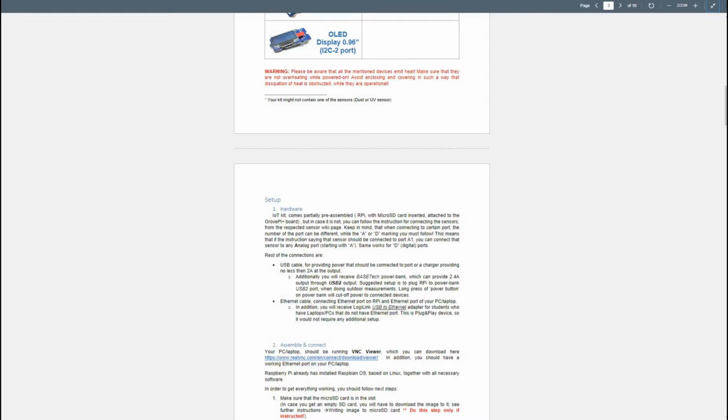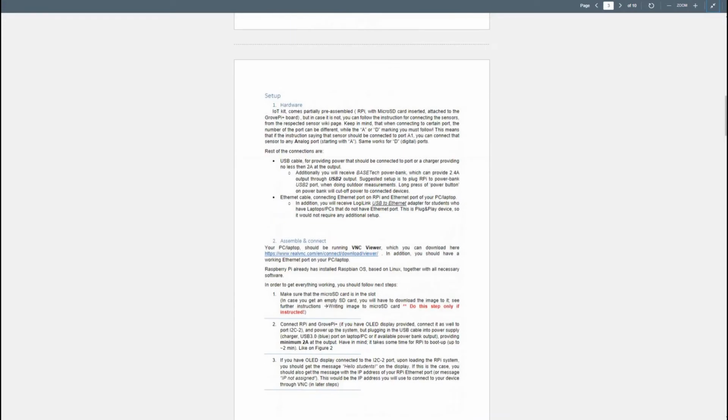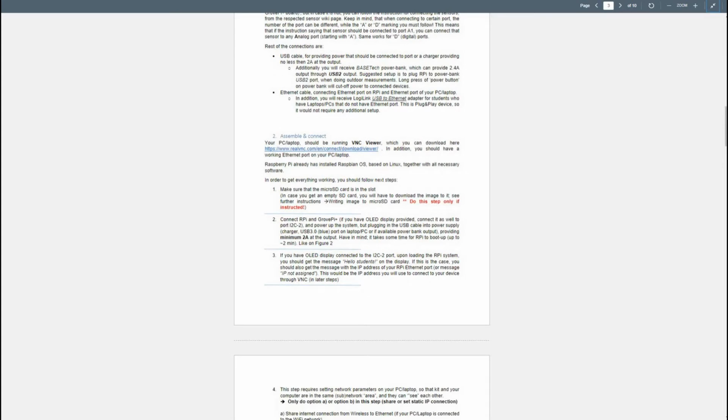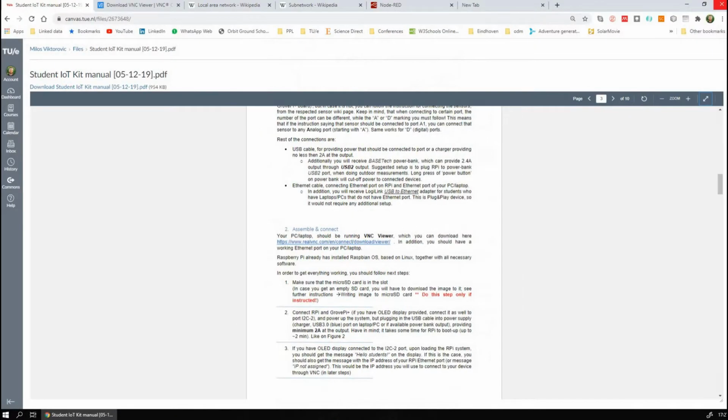And now I'm going to explain how to connect to the desktop environment of Raspbian OS and how to access the development environment of the Raspberry Pi. Here you'll see the steps defined in detail, and I'll go through these steps and show you practically how you can achieve this. So the first thing we need